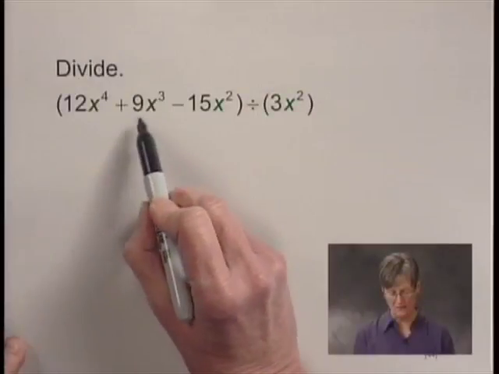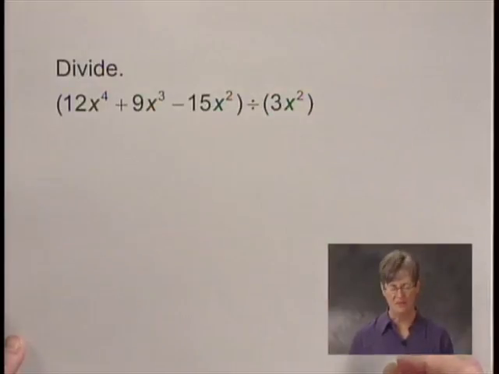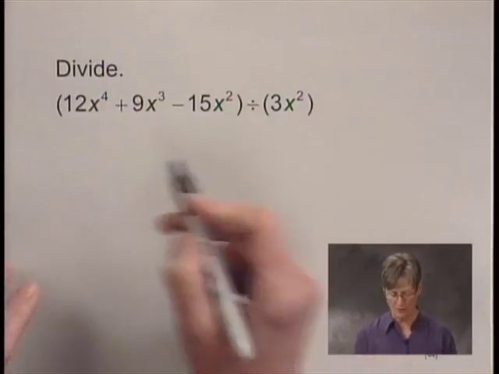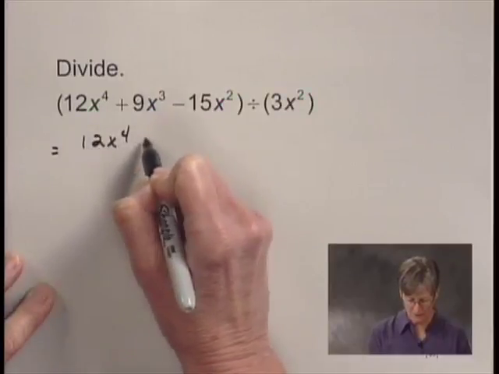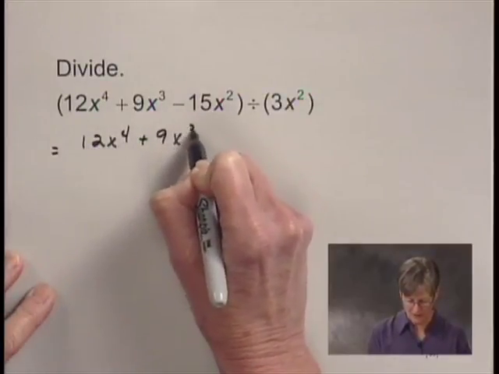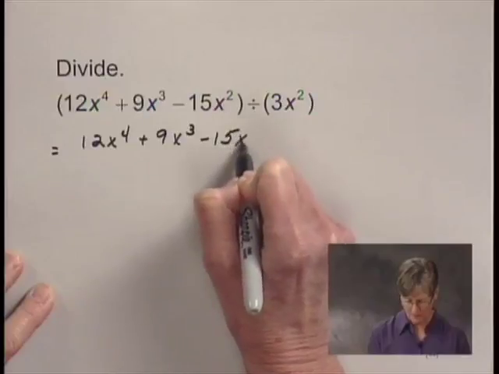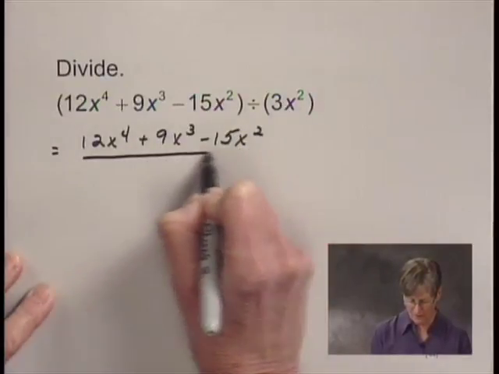We have a division problem. We have the quantity 12x to the fourth plus 9x cubed minus 15x squared divided by 3x squared. And I'm going to rewrite this using a fraction bar instead of the division symbol. So I can write it as 12x to the fourth plus 9x cubed minus 15x squared all over